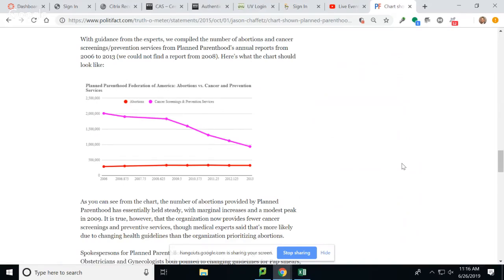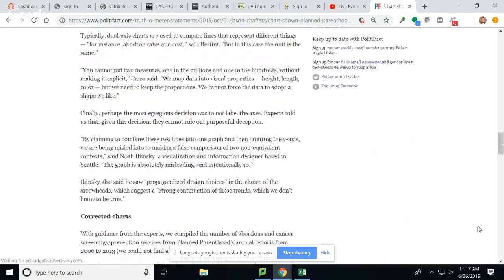And that's why they went down. But you can see abortions are basically flat here. They have not really, they've increased a little bit, but in comparison, no, not at all. Okay? So once again, that's another way to distort graphs. And the other thing is that I will say,